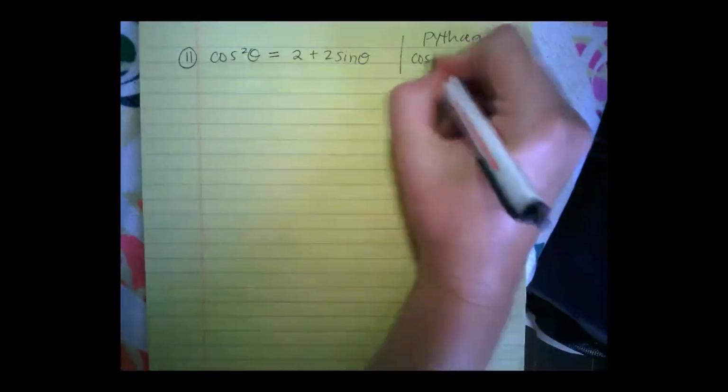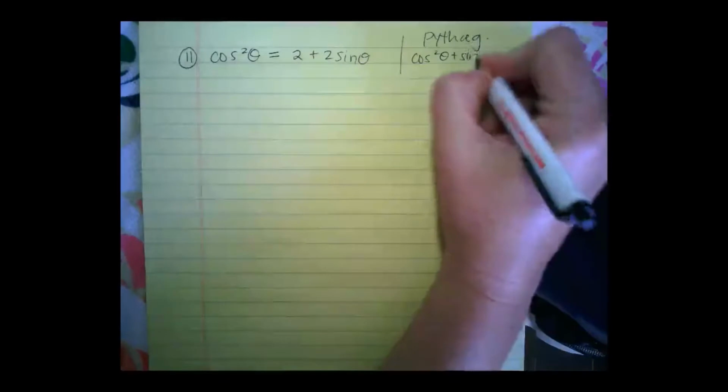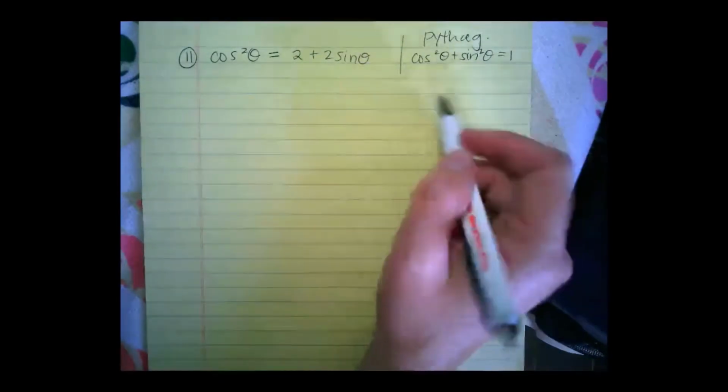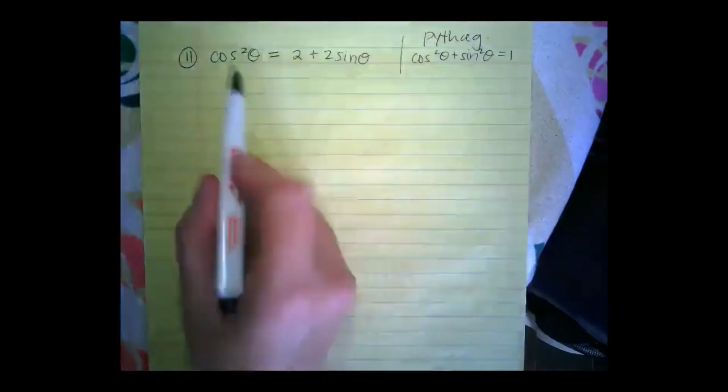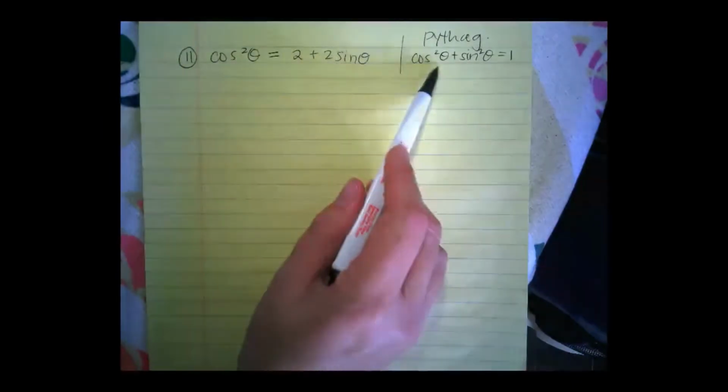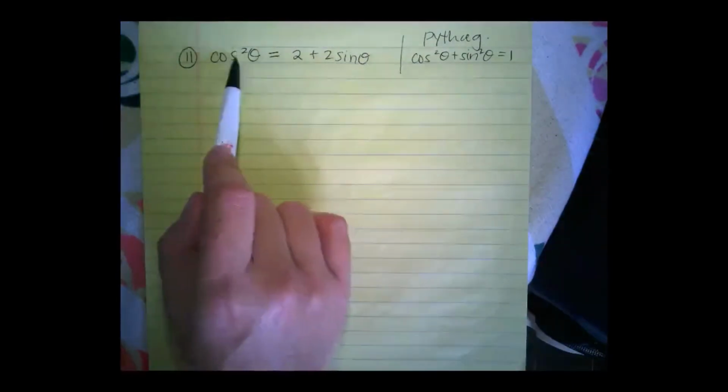The Pythagorean identity, we all know, we learned it in our last unit, is cosine squared plus sine squared equals 1. Obviously, order doesn't matter here when we're adding, right? It's commutative. In this situation, the reason we have to use this identity is because we solved previous problems that were squared